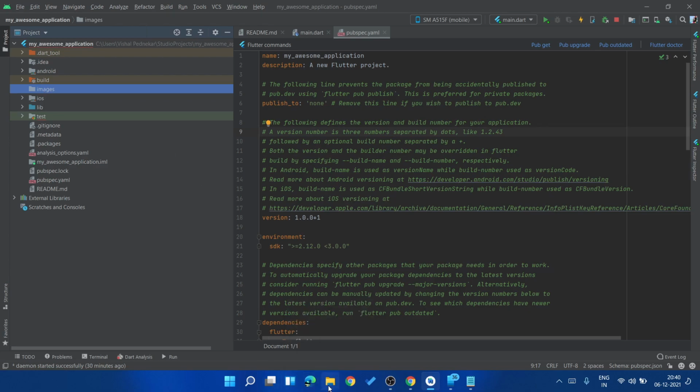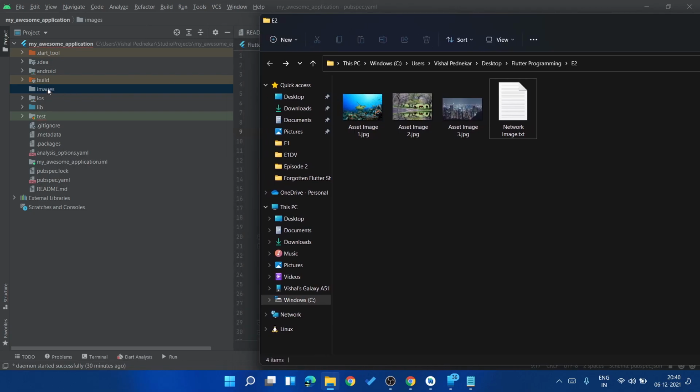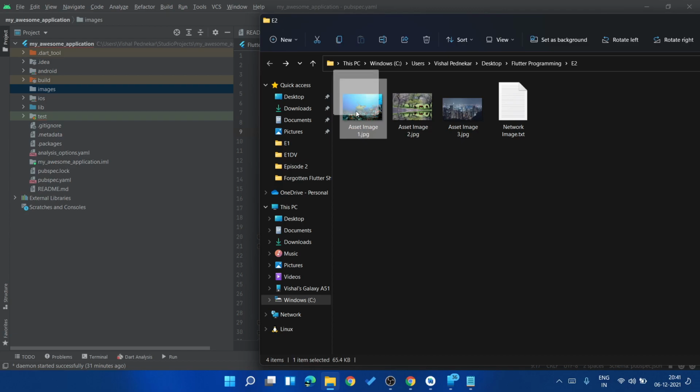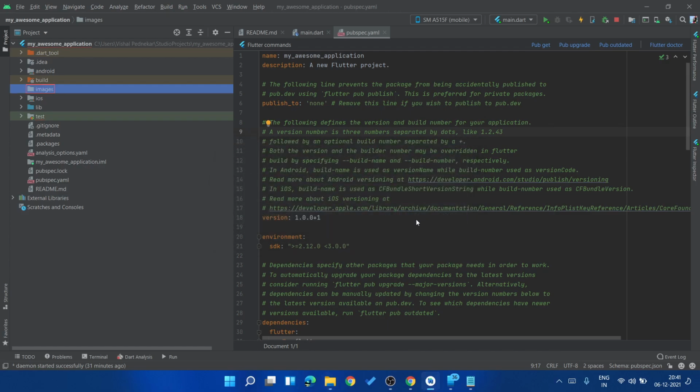Next, we are going to move our asset image from this folder to our new directory. I am going to select this image and drag it to the images directory over here. In the pop-up, you can rename the image in the dialog box or just click on refactor if you are happy with the name. And I have imported our image.